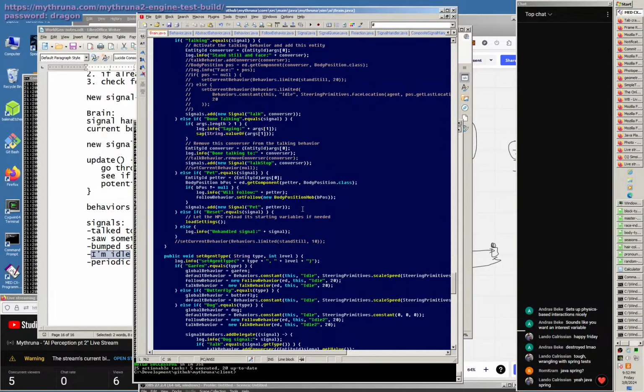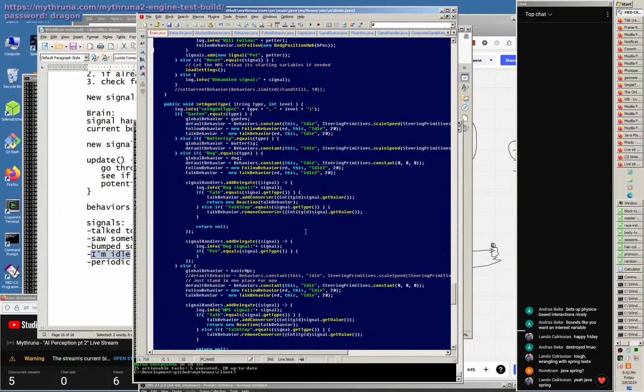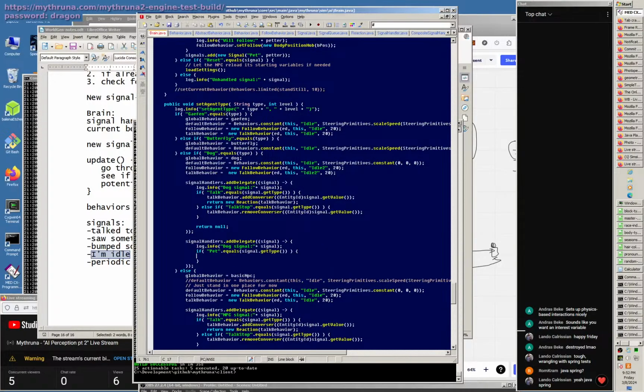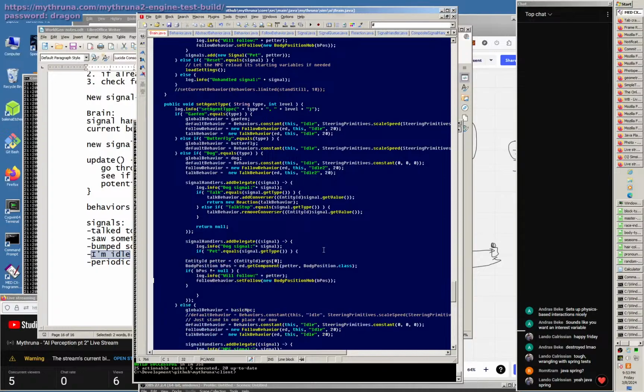The pet. So we already added the signal for pet. And this. Okay. So the dog, when you pet it, we want to get the